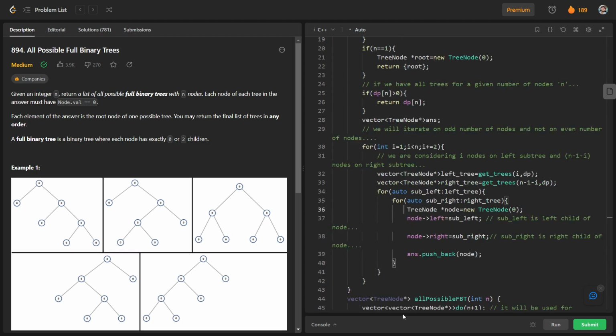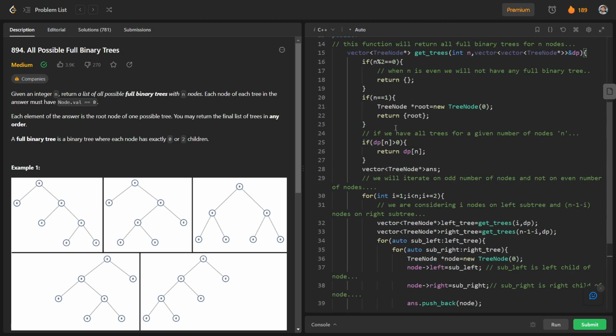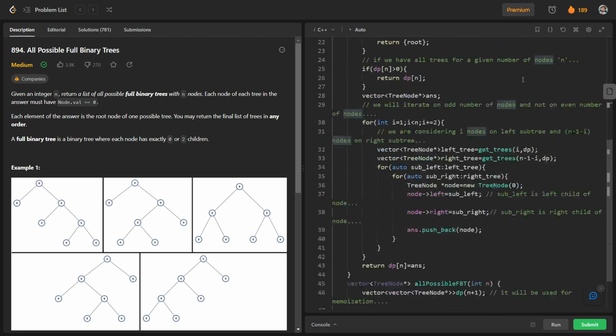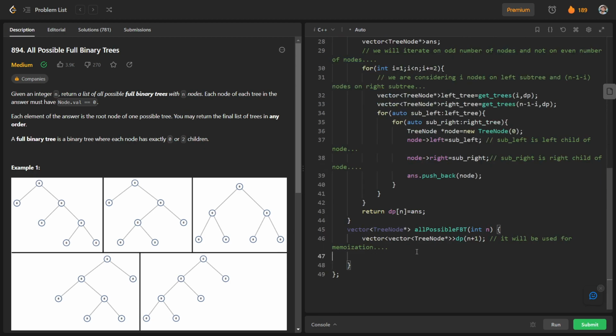And after that we will return this value, and for memoization we will update dp of n. So dp of n is nothing but our answer, and we will return it. So in this way this function will return all full binary trees corresponding to n nodes. And after that we will just return this function. So we will just return getTrees for n nodes and dp.